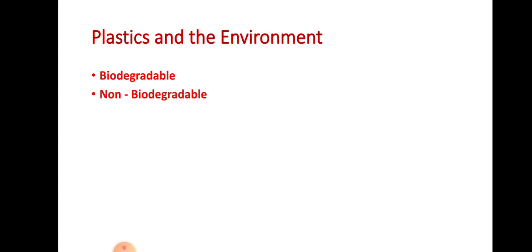Okay, why? We have to see the two types of waste. A material which gets decomposed through natural processes such as action by bacteria is called biodegradable, and a material which is not easily decomposed by natural processes is termed non-biodegradable. So plastics come under non-biodegradable. Okay, and in your book, page number 38, they have given